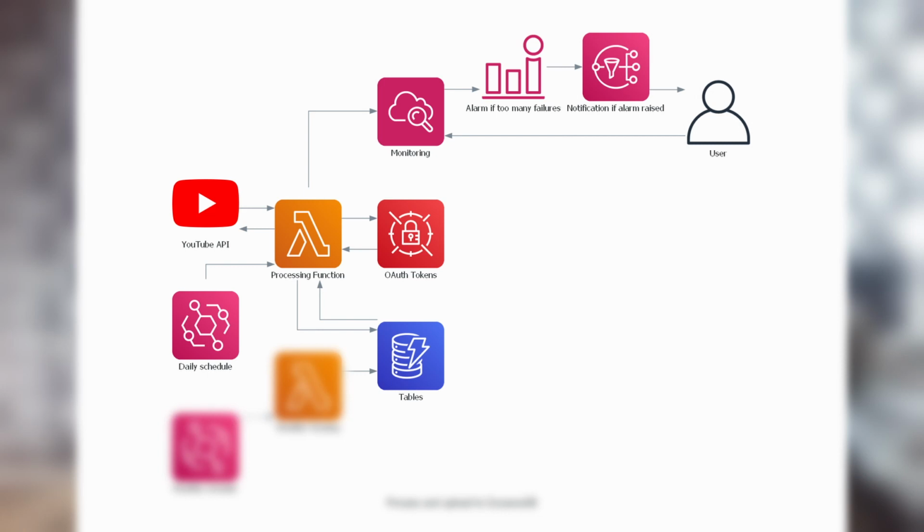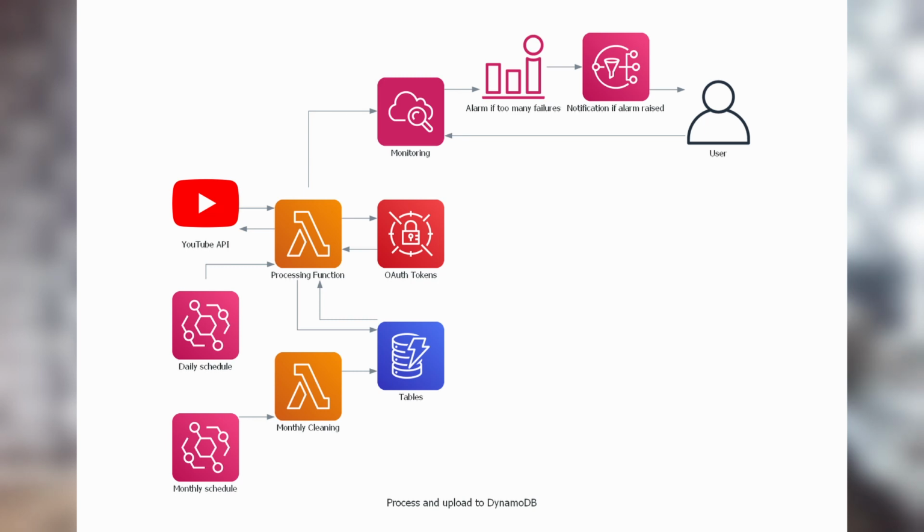Third, with properly set up CloudWatch alerts, we can get an email notification via SNS if something goes wrong. For instance, sometimes there can be issues accessing the Google API. And fourth, since some of the YouTube reports might be corrected by YouTube at a later stage, we have a different Lambda function that does a monthly cleanup of the database, only retaining the record with the latest creation date for each combination of report dimensions.